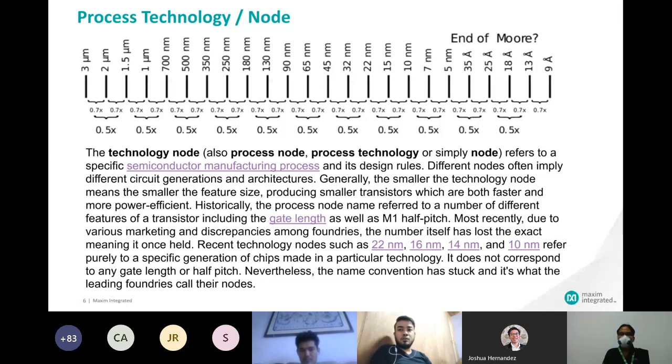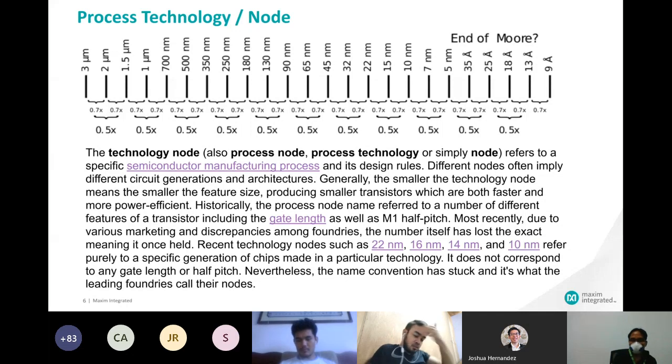Anyway, if you look at the analog semiconductor industry, what usually happens is that the analog players like Maxim will buy old fab equipment. For example, if Intel is developing their 32 nanometer process node, which is the smallest distance that they can process, usually they will obsolete their old equipment like 90 nanometer machines or fab. So those guys will sell it to the open market and the analog guys will